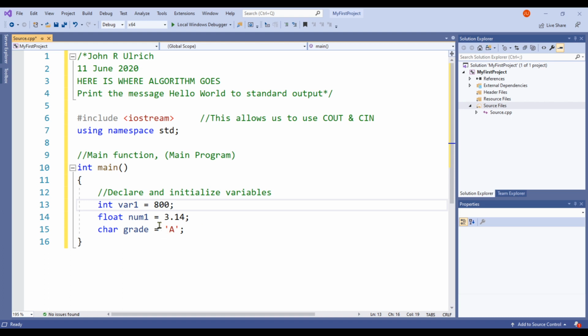As long as it's a whole number, that's what will get stored into this var1, wherever that is in memory. Notice that when I'm done with my statement, I have a semicolon, okay, to indicate to the compiler that I'm through. The next thing I have is I'm going to create a floating point value, a floating data type, and I'm going to store it in memory location num1, and the value I'm assigning to it initially